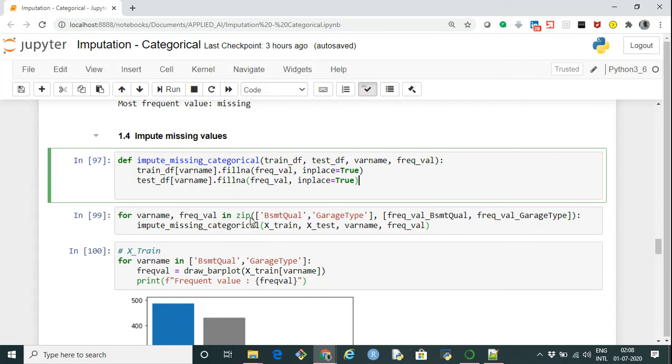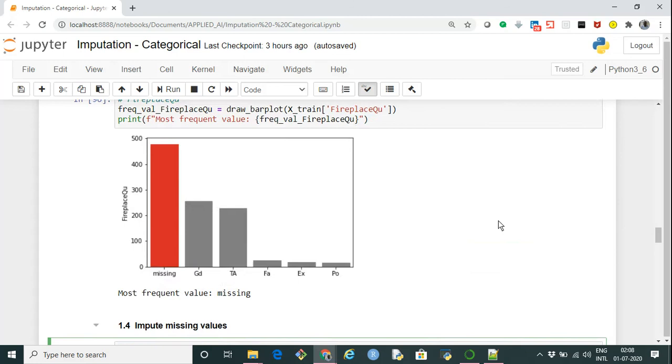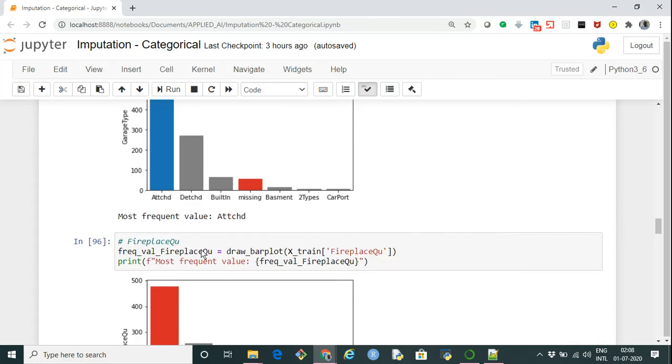For each of these variables, like basement quality and garage type, I'm calling impute missing categorical, passing the X train and X test, which are the data frames we got after the split. The variable name represents the variable, and the frequency represents the respective frequencies that we calculated earlier while plotting the bar plot.